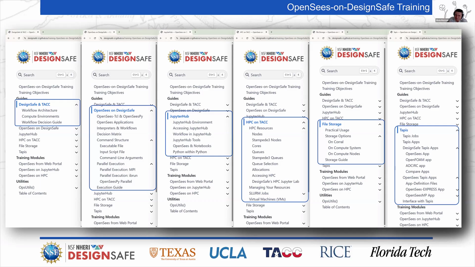Or you can actually put things in the temporary folder of your node. If you need to do a lot of I/O, that's the best thing to do, but it's time consuming to put the files there. So is that really saving you the time? That's something you need to think about, and that's what I talk about here. That's important related to the storage because it's stored in different places. We have different paths. And Tapis is the last section, which talks about Tapis jobs,